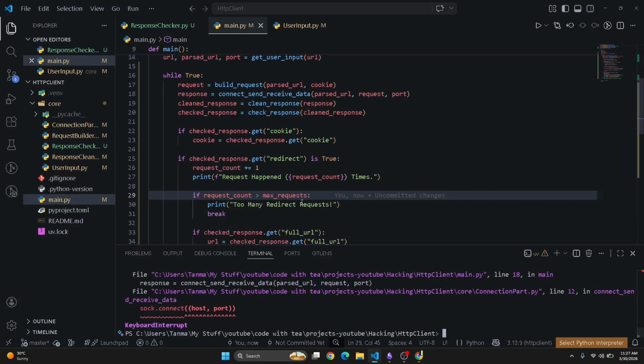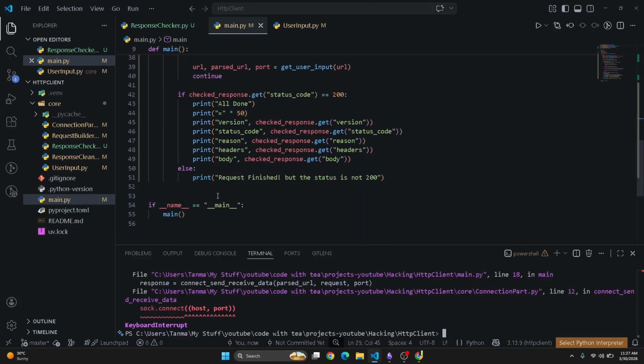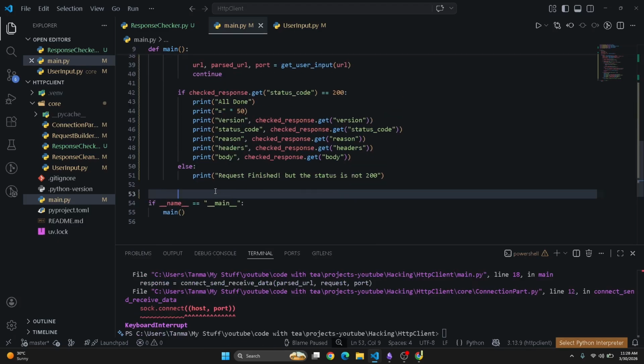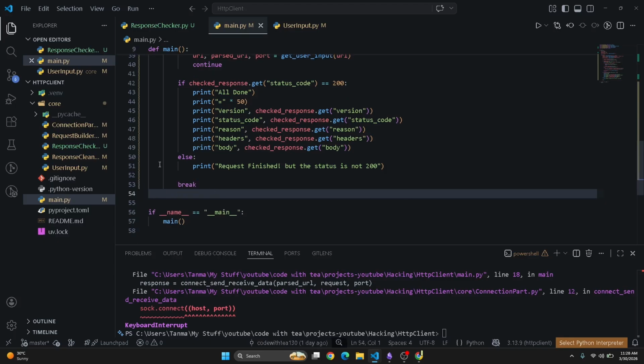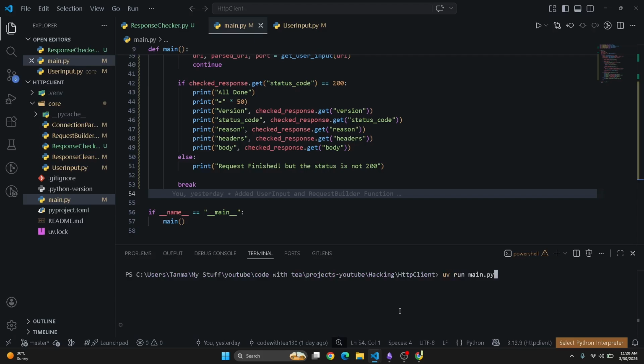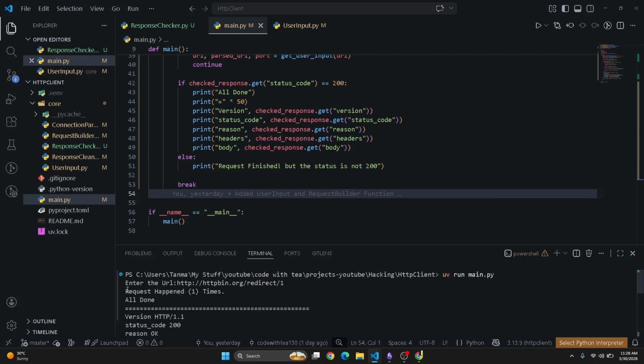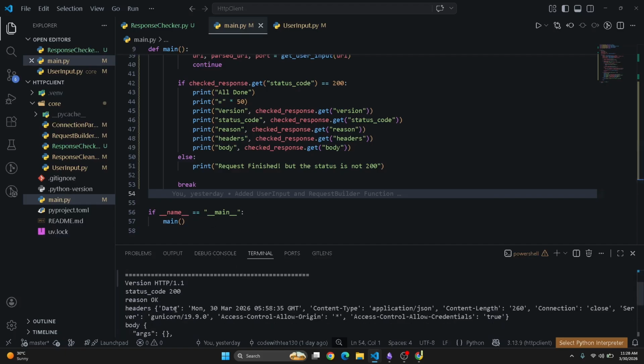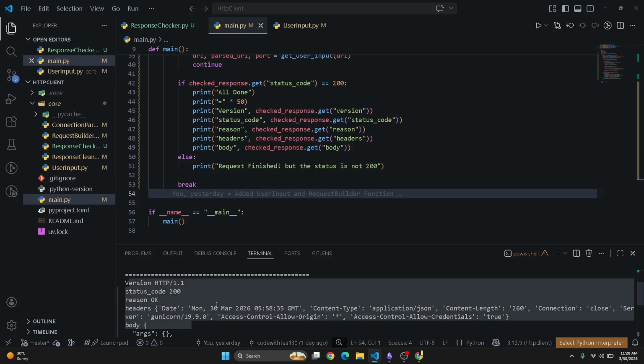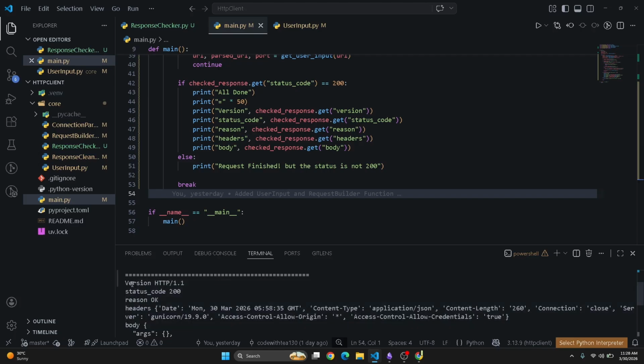Okay, now no. I have to break it over here, otherwise it will run forever. There you go. Now let's check it. I hope it will run. Yeah, all done. Okay, here you go. All done. Then I've got the data which the server sent us, which is a version HTTP, status code 200,